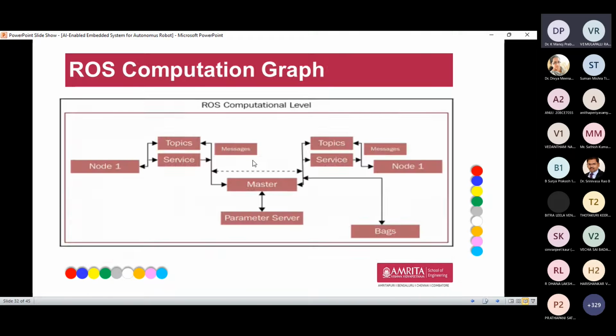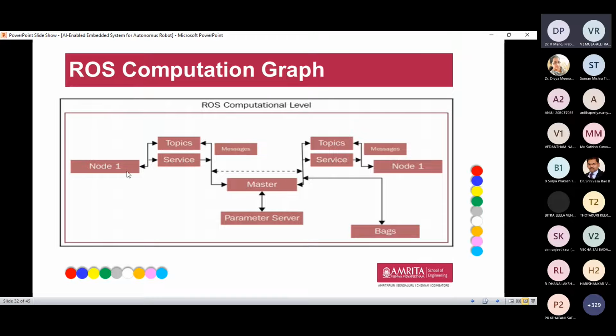And next is the computation graph. This is very important for every ROS. Whenever you take any type of ROS, you have a main part, that is the master. To this master, a different number of nodes can be connected, from node 1 to node n, and it can do multiple functions at the same time. That is a very important advantage of ROS. It can be data collected from video, sensing an object, segmentation, or an action of the robot, whatever it may be. Data can be transferred only through the master, or with the permission of the master.